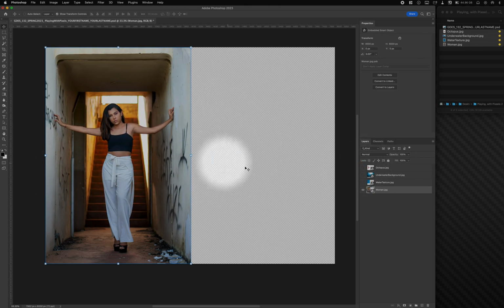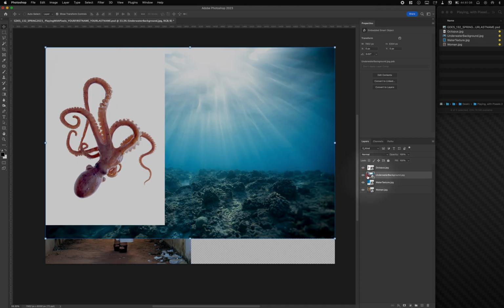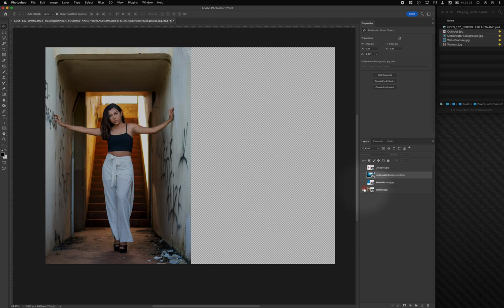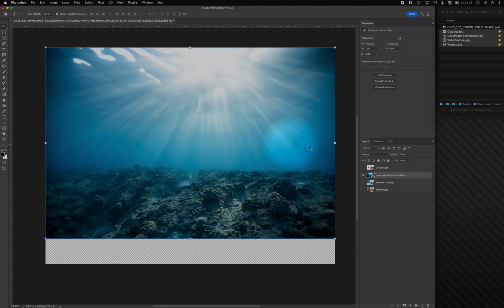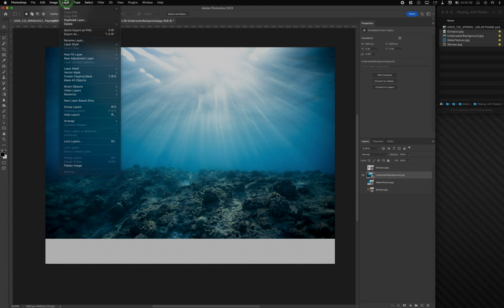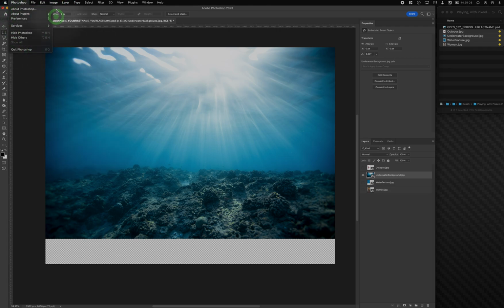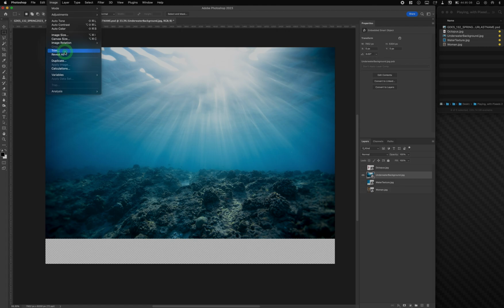So I don't want to make anything bigger than this, but I can scale down from this size. Looking at this underwater scene, this looks like a pretty good size. If I want to scale this background to the proper size, I can go to Image, and in the image we can Trim. Instead of cropping, this is just another way to crop. Trimming,